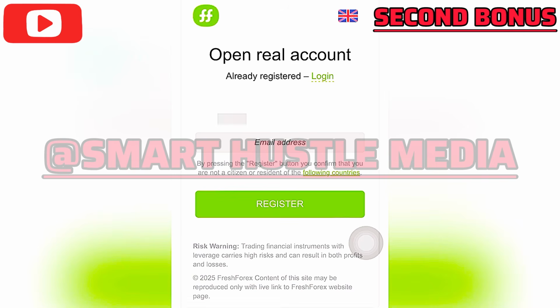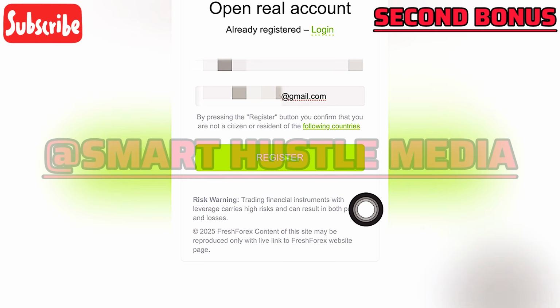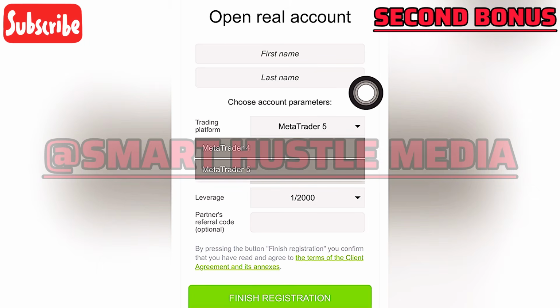First of all, you have to type an email address in this email field right here, then make sure the country detected right here is correct before clicking the register button below. After clicking the register button, you'll be taken to this next page to first of all type in your first name in this first field, and then your last name in the box below it. Once all that is done, you can click this trading platform drop-down menu to select either MetaTrader 5 or the MetaTrader 4